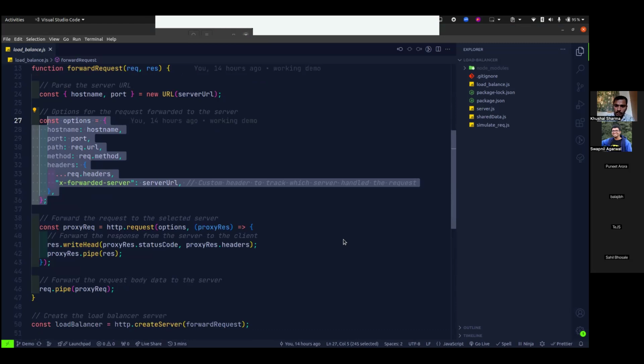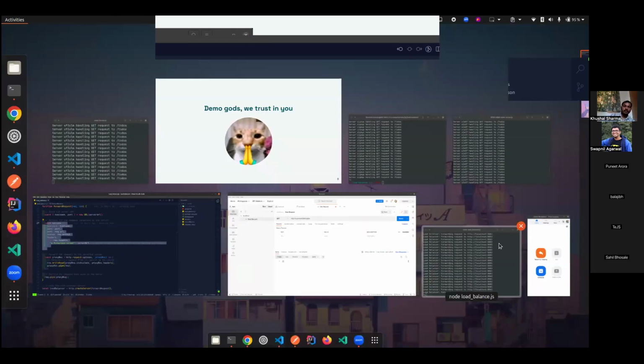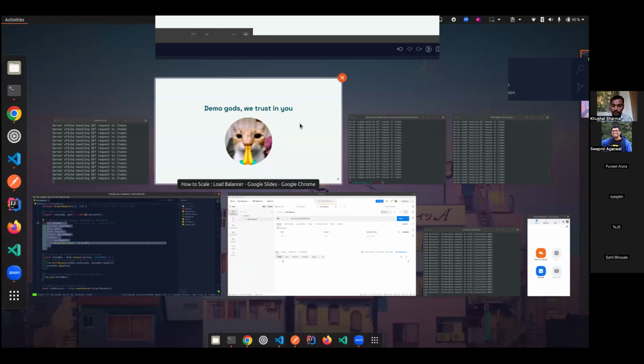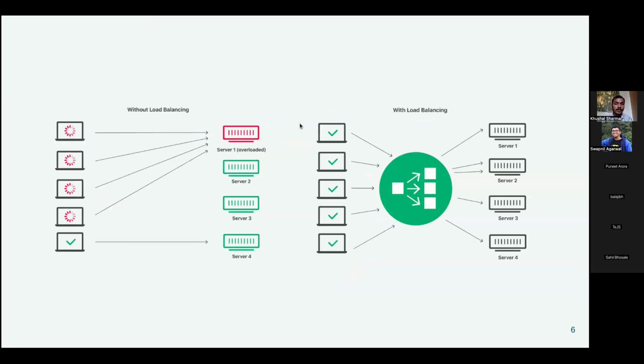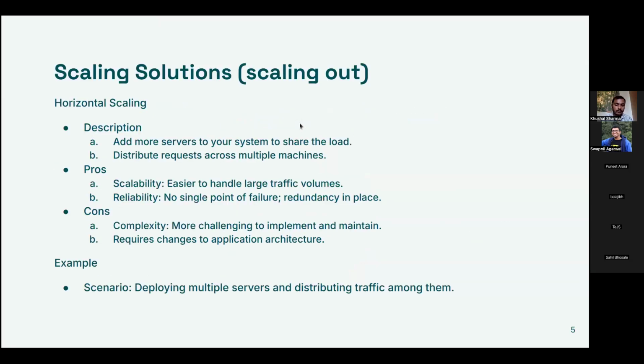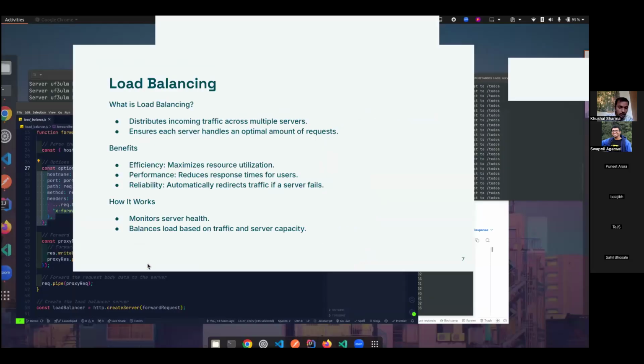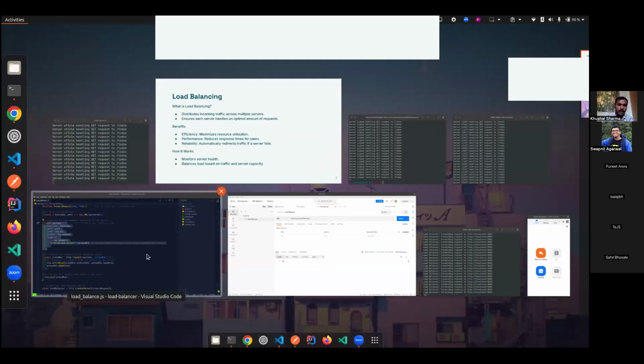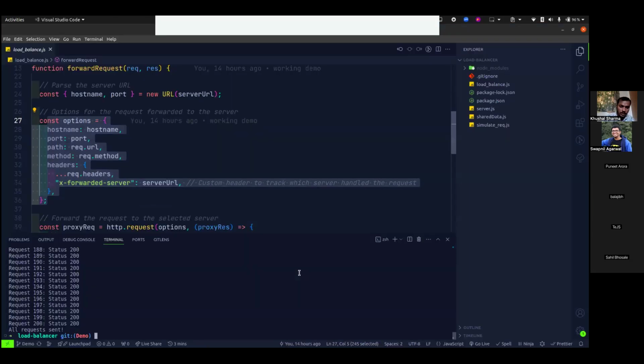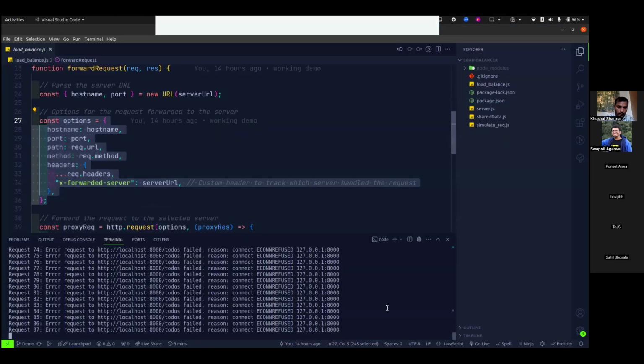So how does this work? Even if one of our services goes down, or as we said, the single point of failure, right? The load balancer doesn't have a single point of failure, or the scaling out solution doesn't have a single point of failure, right? So we have the 8002 server which is down, and we'll try to simulate the requests now. We'll send the request, and we'll see